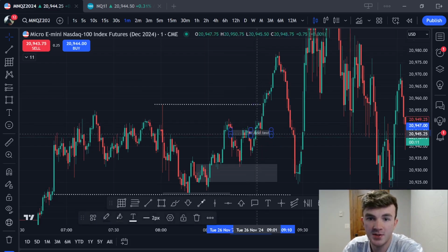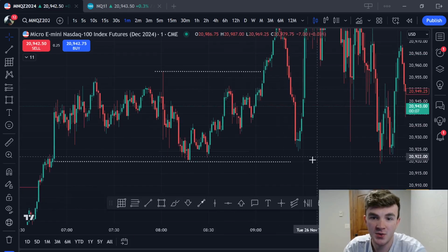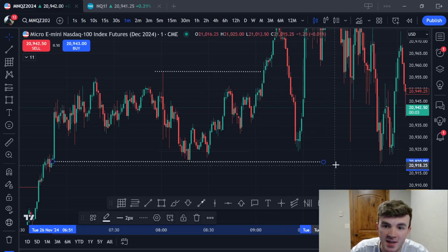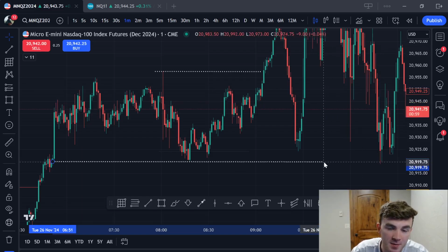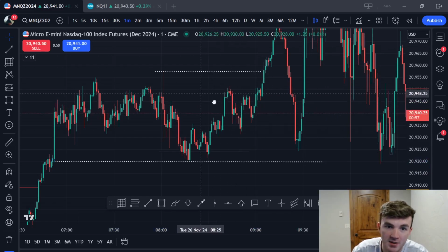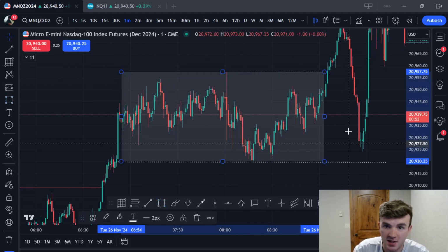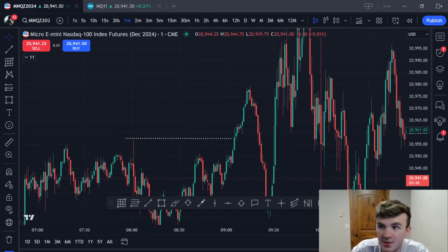Then let's talk about the trade that I took that I really, really loved. So you had these equal lows, which I really wanted to see get hit. Now they did get hit, but not for a little bit later. I thought this was good because, once again, we're chopping around, so this seemed like a giant accumulation range. I was looking to target the other side of this range. So what happened is we actually had,